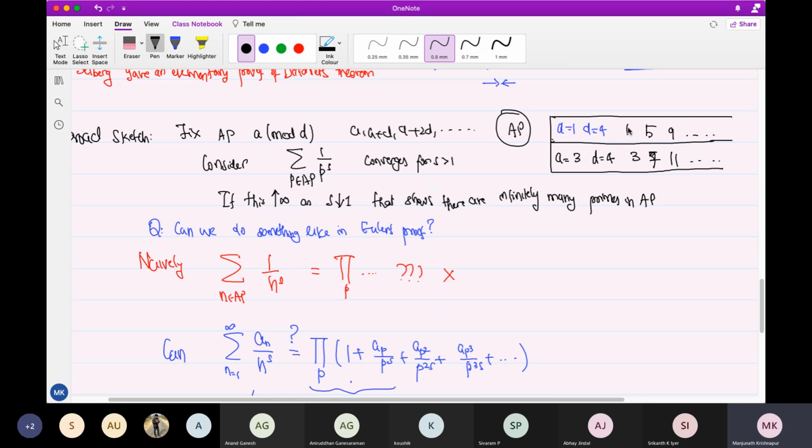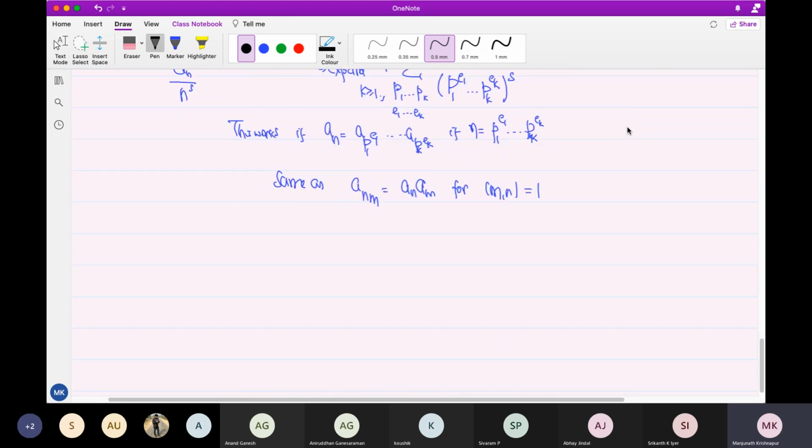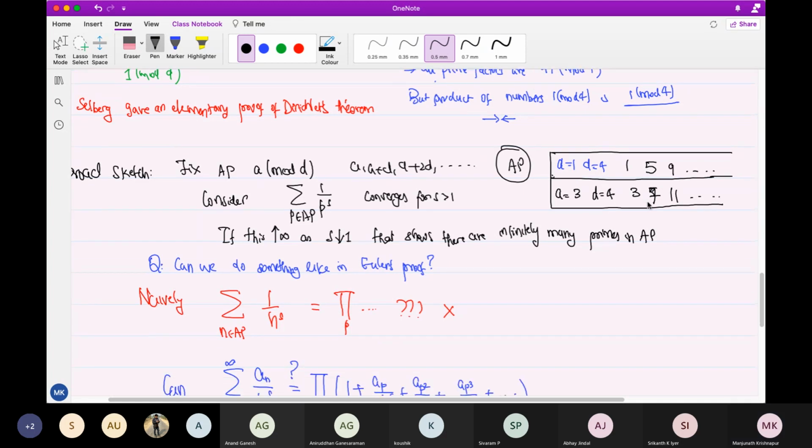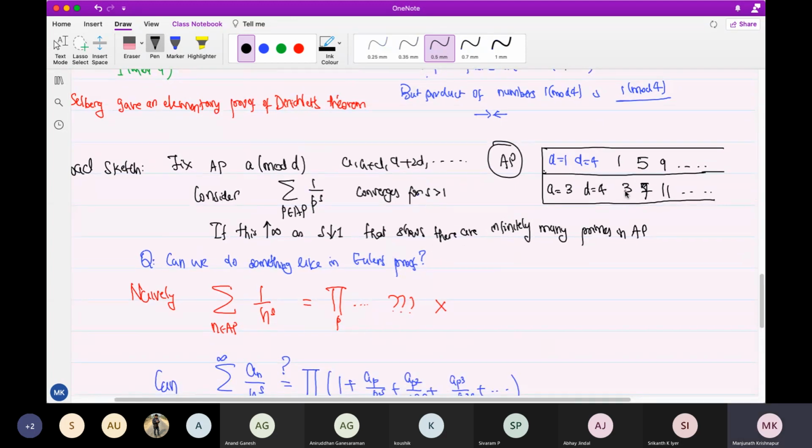If I have the indicator of this arithmetic progression, a function which is 1 on such numbers and 0 otherwise, is it true that it has this multiplicative property? No, it is not. What is a counterexample? You can have 3 times 3, and 3 belongs here. If you put the indicator of this first arithmetic progression, then a_3 will be 0, right? But